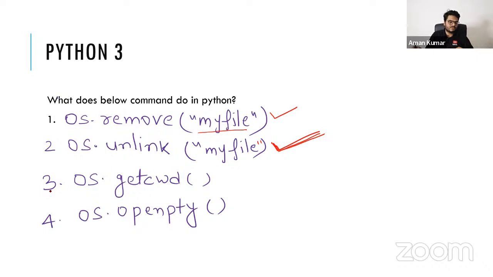Vignesh is answering for question number 3, which is easy. So that's fine, not a problem. But you have to tell me the difference between remove and unlink. Can you tell me the difference between remove and unlink? Okay, you can Google it a little bit, okay? And get current working directory is basically your current working directory. It will print which is your current working directory.